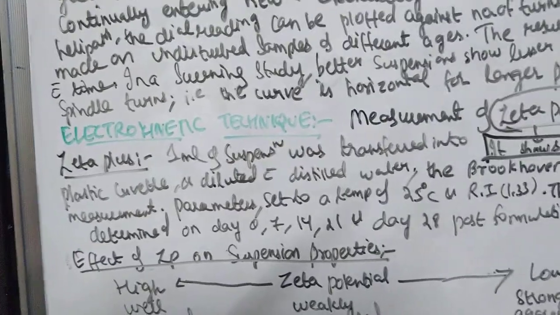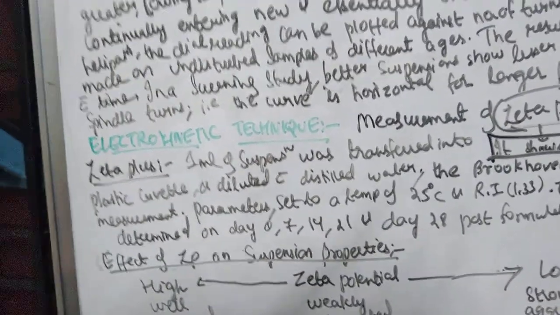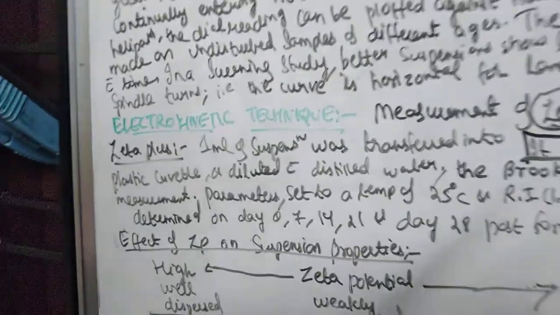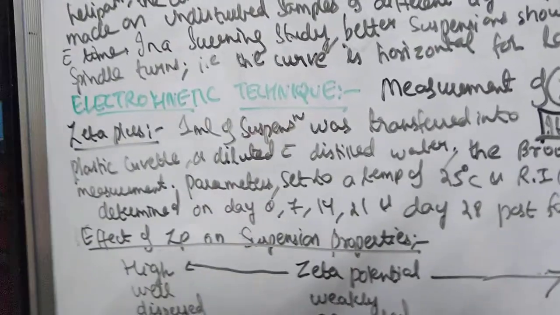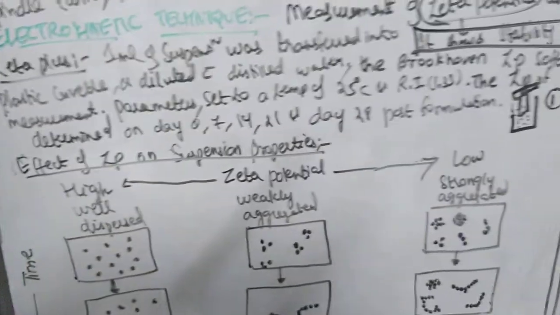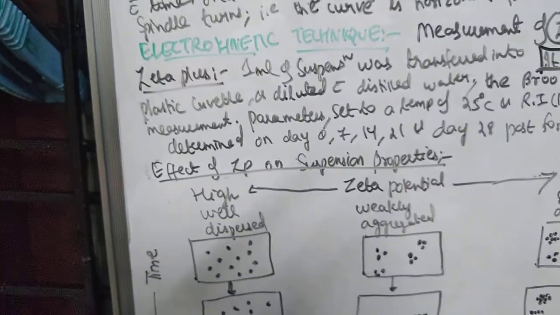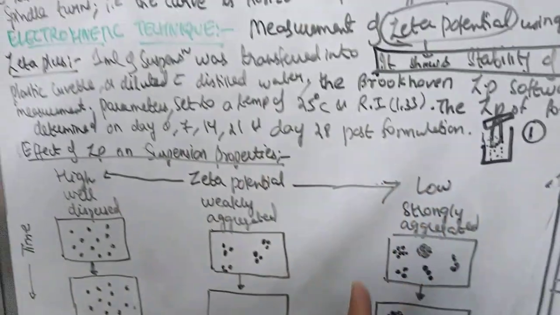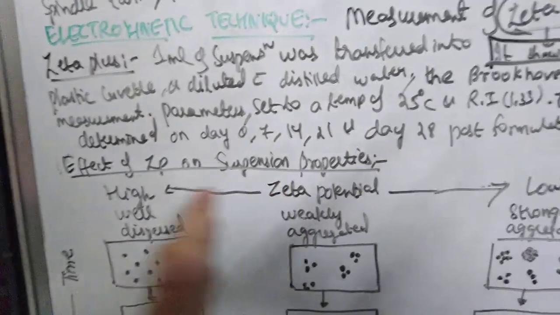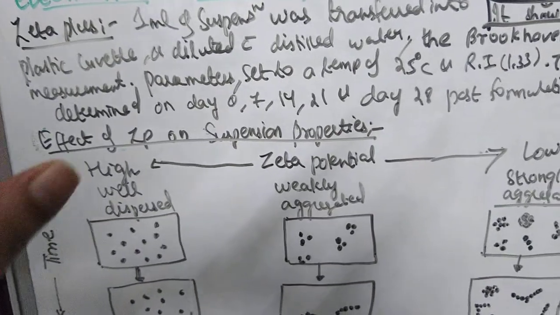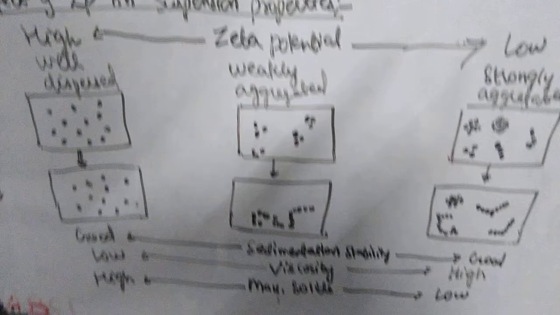Zeta potential can be measured by the microscopic electrophoresis technique also, and it is found that certain zeta potential will produce a more stable suspension because the aggregation is controlled and optimized. Because of the controlled aggregation, your suspension will be a stable one. So this is nothing but flocculating agents. When zeta potential is reduced to low, you will have a flocculating system. When the zeta potential is high, due to the repulsive forces and less attractive forces, the particles remain dispersed and it becomes a deflocculated system.